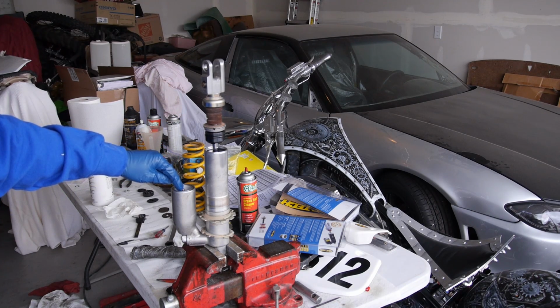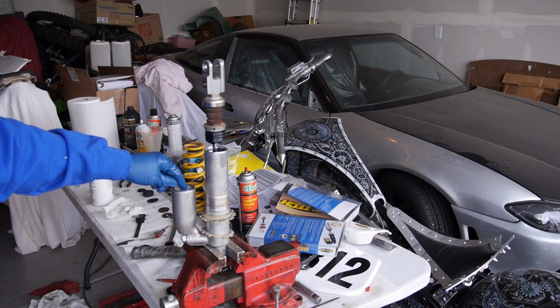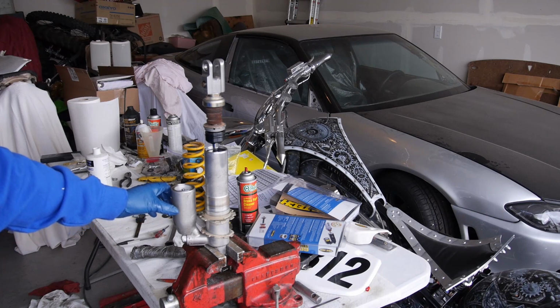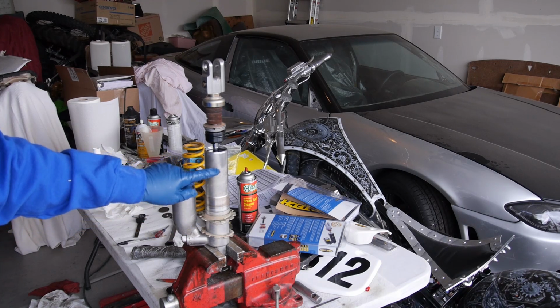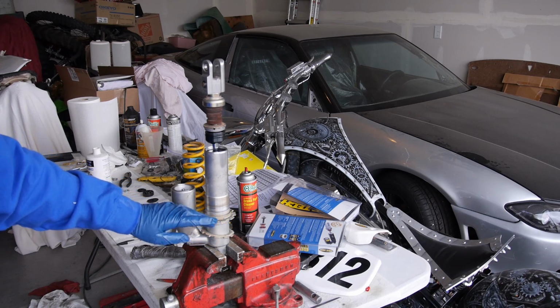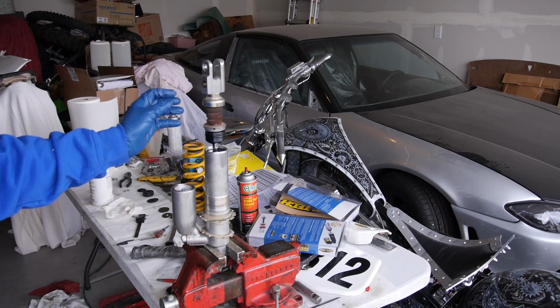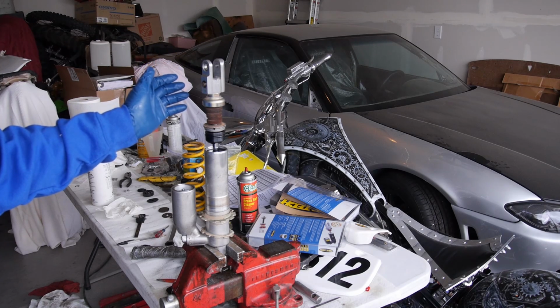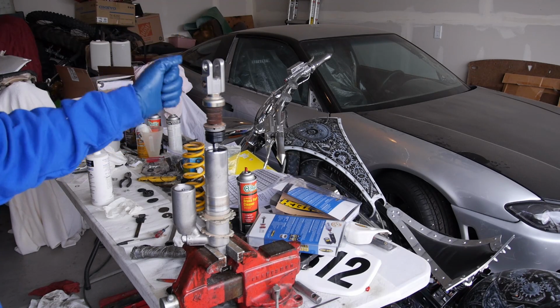Then it's got the schrader valve in there, and I just put the little bicycle pump on and pumped in about 5 to 10 pounds of pressure so that the bladder expands inside a little bit, and then put the rest of the shock oil in. So you've got to have about half full of shock oil before you do any of this. Fill it up to about here, put the new revalved valve and shaft and everything back in, and now I'm